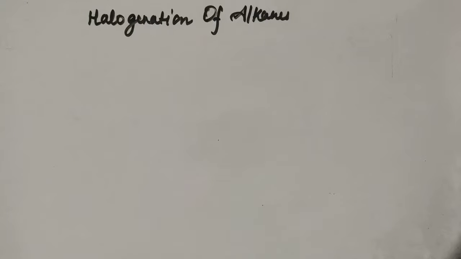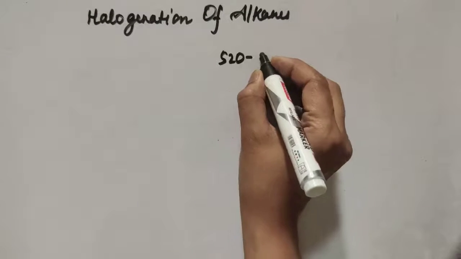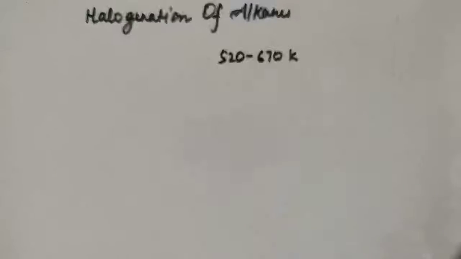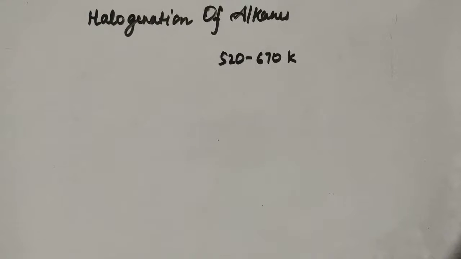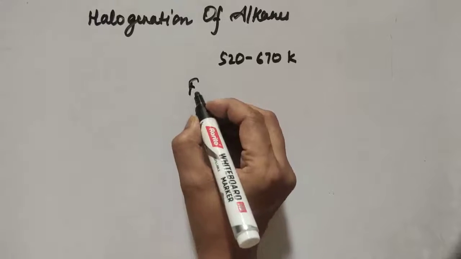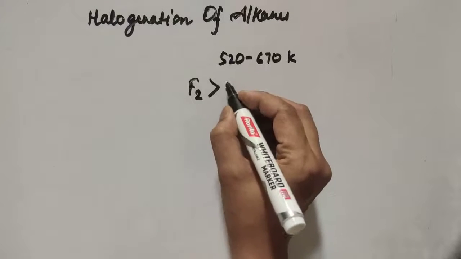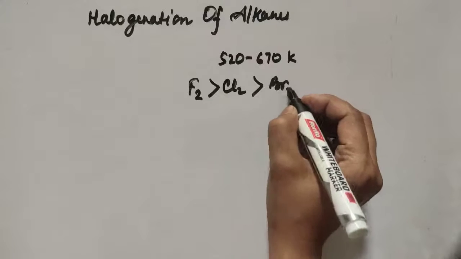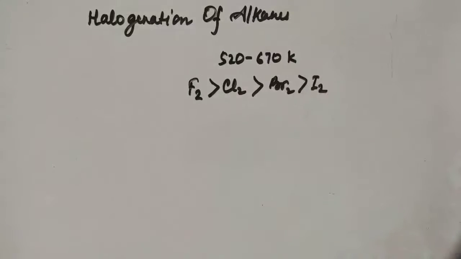Now halogenation of alkanes is carried out by treating it with a suitable halogen in presence of ultraviolet light, or by heating the mixture up to 520 to 670 Kelvin. Okay, treatment with a particular halogen at this temperature. And the order of reactivity of different halogens in this reaction is this: fluorine gas most reactive, then chlorine, then bromine, and then iodine. This is the order of reactivity of halogens for this substitution reaction. Okay,